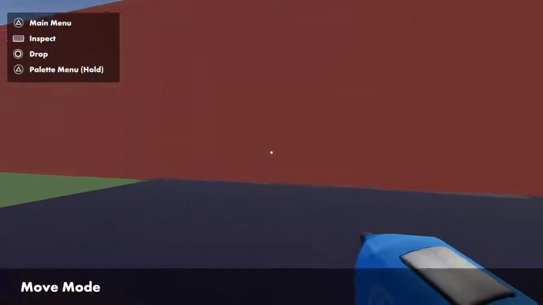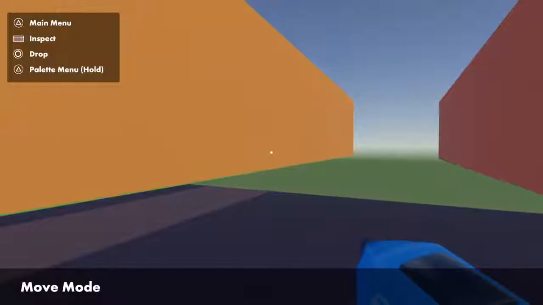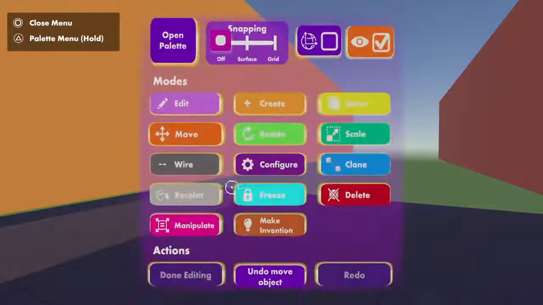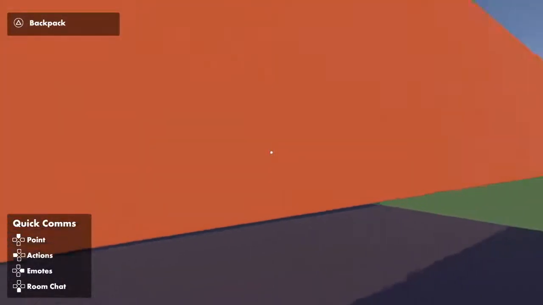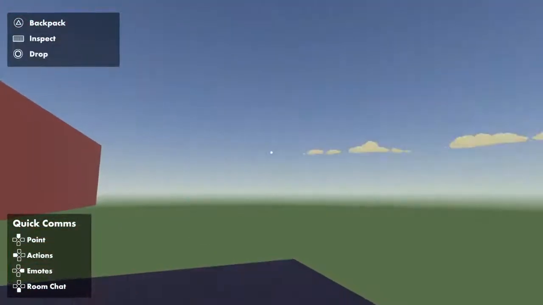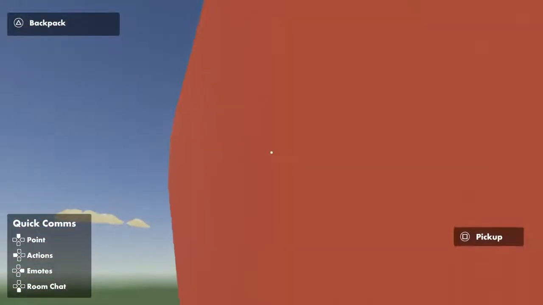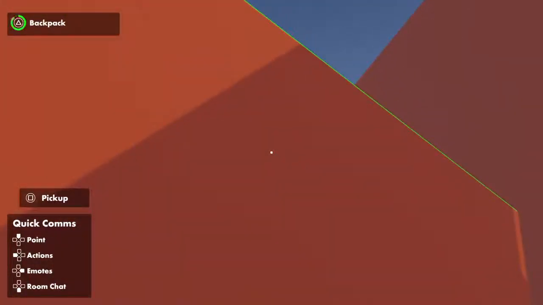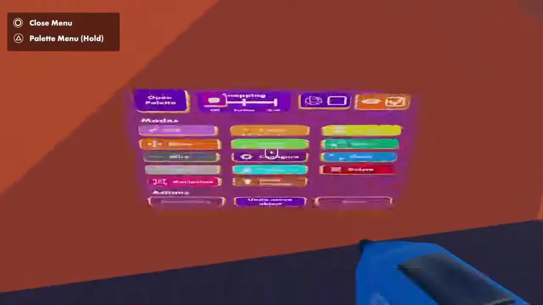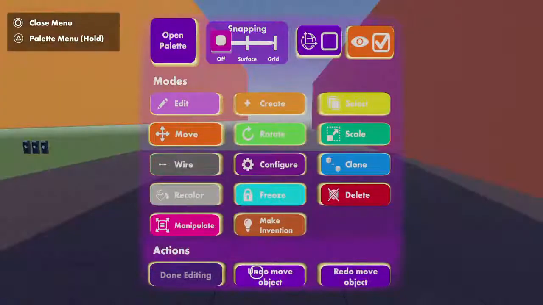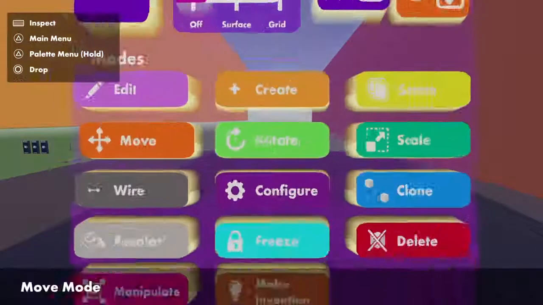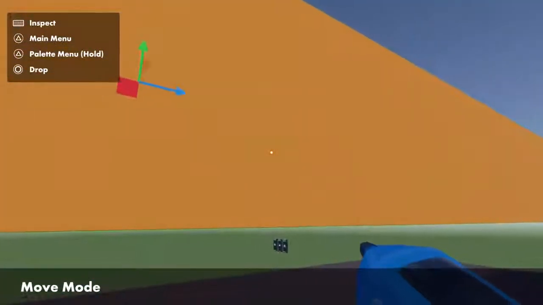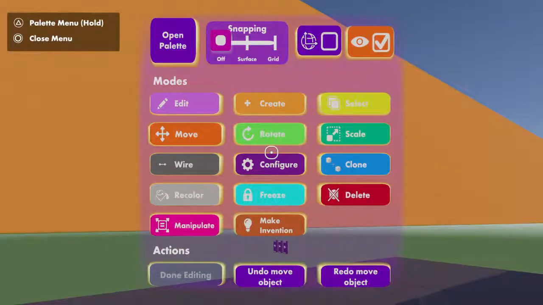I know at first it's confusing, but let's say I'm here and someone accidentally presses square. I'm like, whoa, what's going on? They press circle. Oh no, what happened? Well, two things you're gonna do. Number one, you're gonna go back to your main menu, and you're gonna do undo move object. You're gonna pull in undo object. Now, if you don't want anybody to accidentally move it, because some people sometimes have to press square,